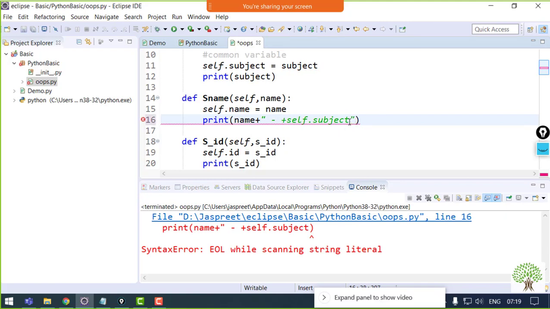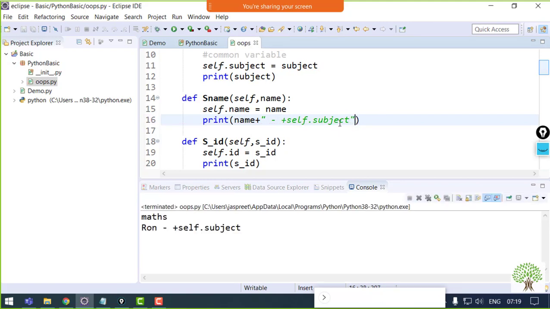Also, one thing to be careful about is that in Python, it only concatenates the same data type. Fine. Like if you have a string, it will only concatenate a string with that. It will not concatenate an integer, float or double, or any other data type.